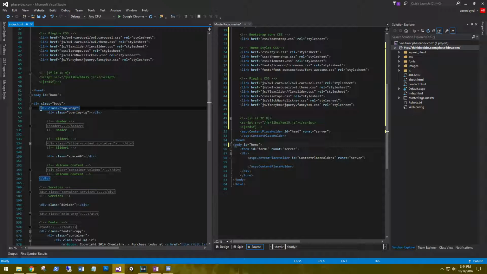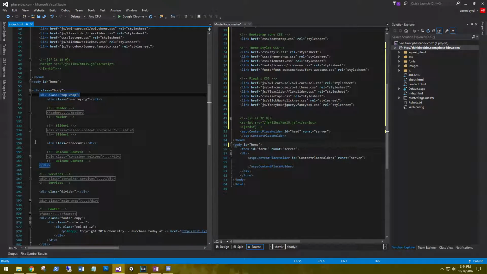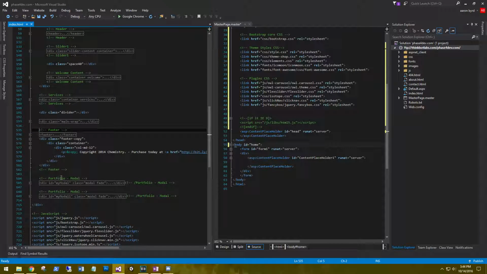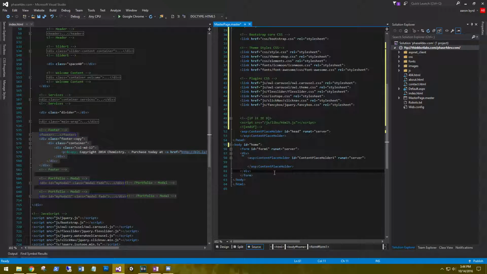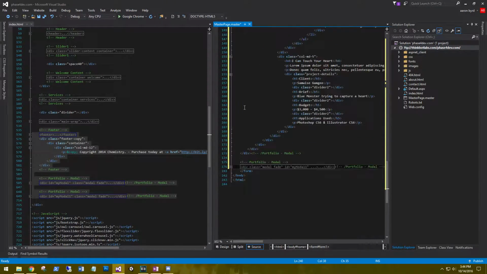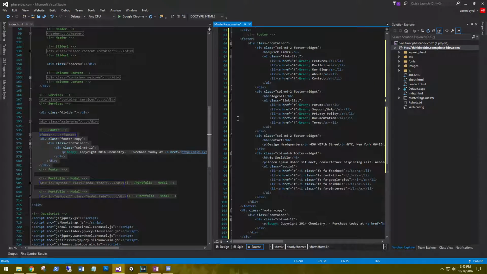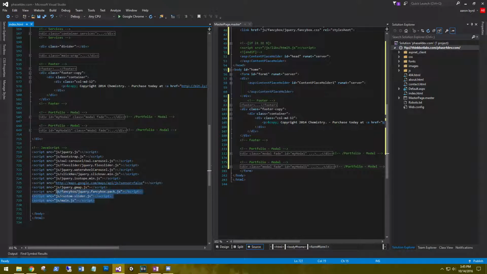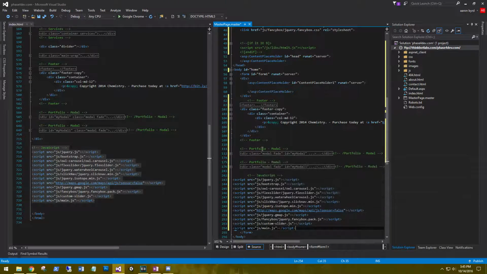Okay, let's see, this is all content, services. Let's grab the footer. These 2 portfolios extend into the footer. I'm going to go ahead and grab those for now. Let's minimize that, and minimize that, and minimize this for now. I'm going to grab all the JavaScript, put it at the end of this. Okay,